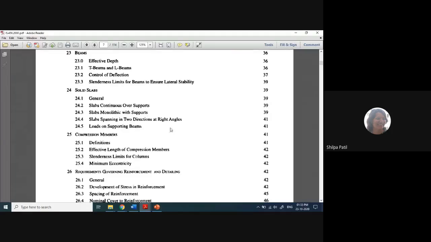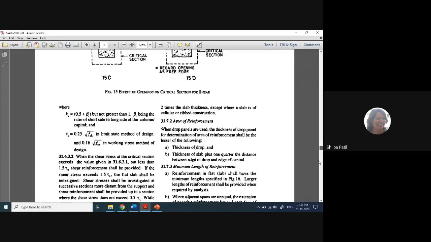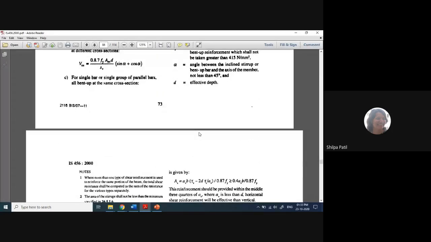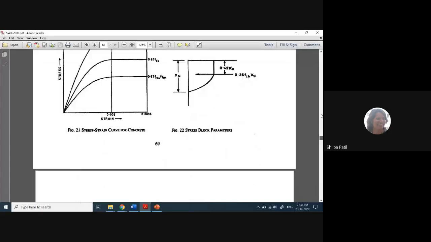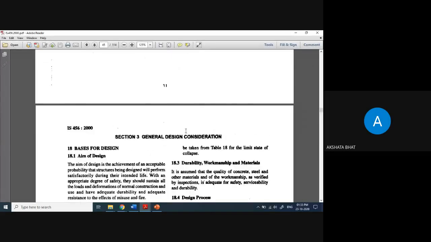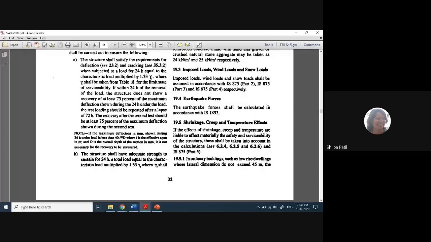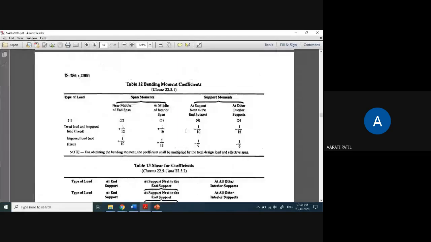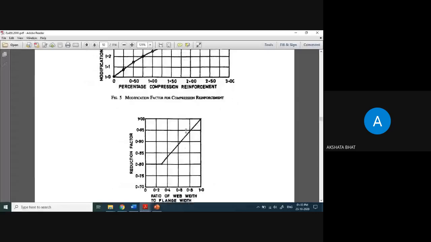Okay. I think it is related with the distribution steel. So the minimum reinforcement clause. Can you just tell me the page number? The clause associated with distribution steel is somewhere around 38, 39. Guys, are you there in the class? Yes, ma'am. Ma'am, distribution steel, page number 48 and 46. Let me check first.